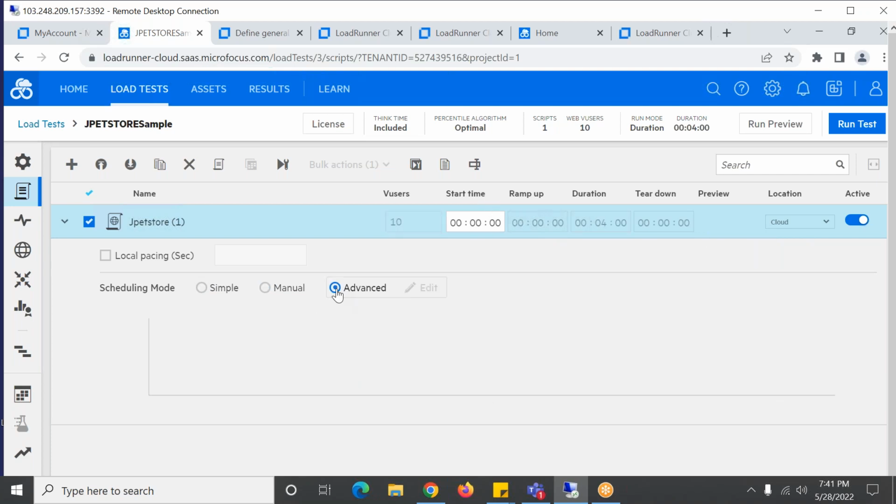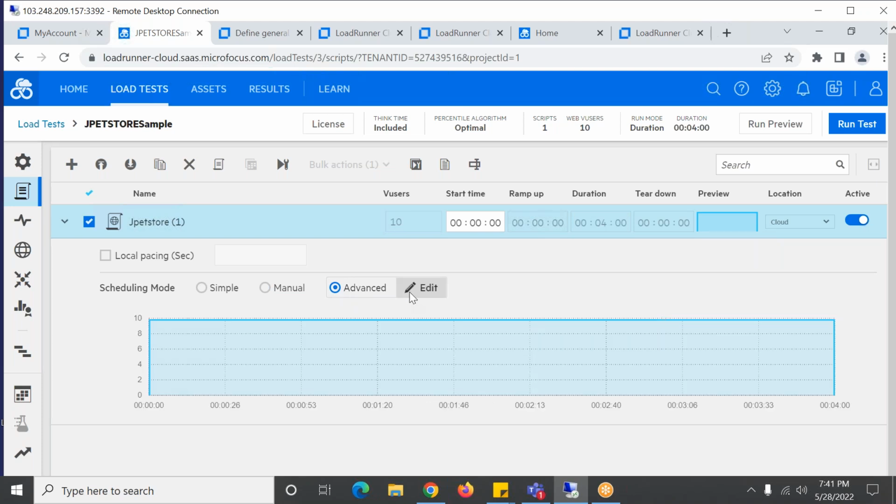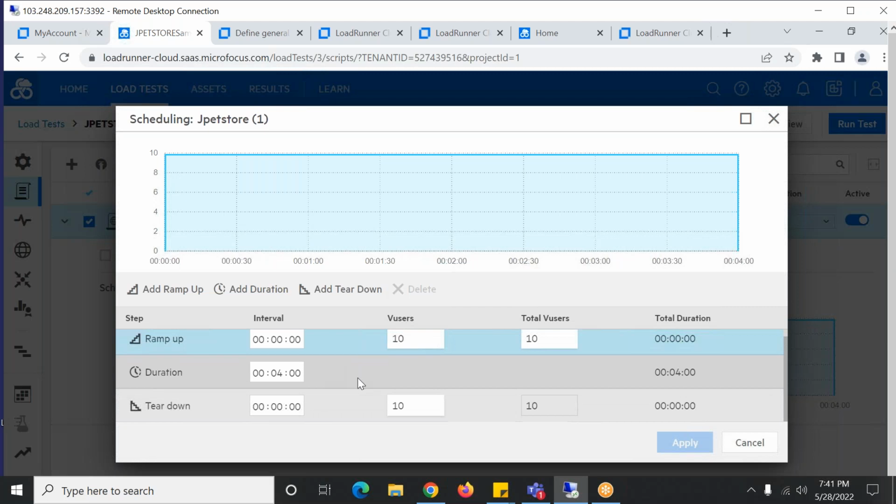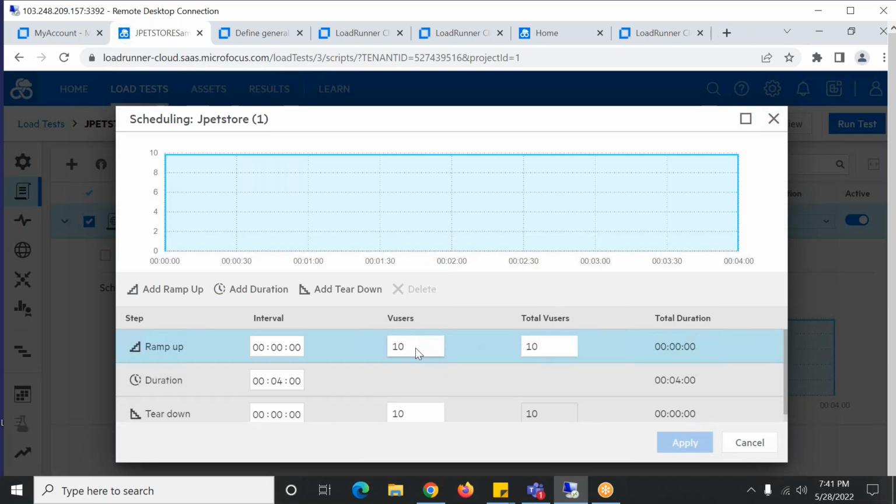Here there's an option called advanced. In this, you can give different ramp ups and ramp downs for the virtual users. You have 10 virtual users, but you want each virtual user to ramp up differently, one user with one ramp up, the second different.